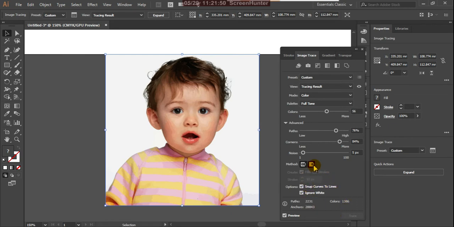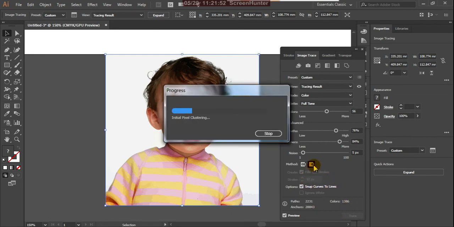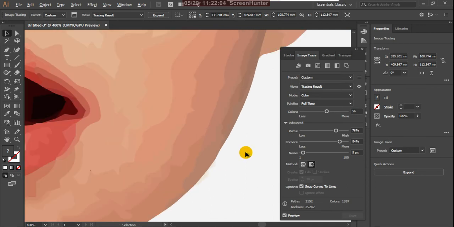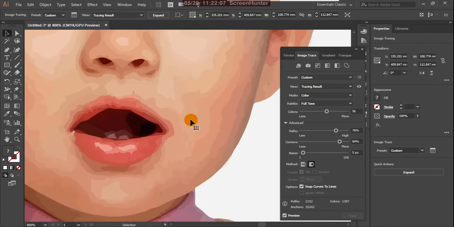Okay, so these are the options. By changing these options we'll understand this smoothness. Sometimes we cannot observe it, the process goes, but we cannot observe the smoothness.